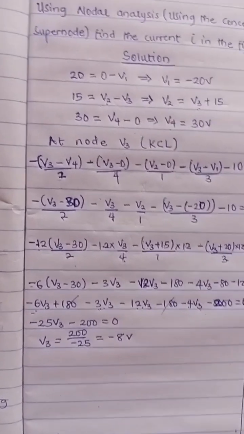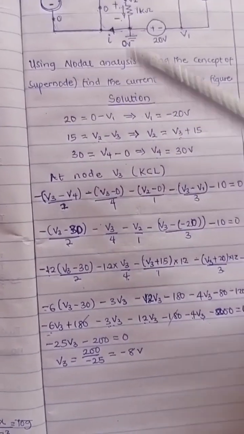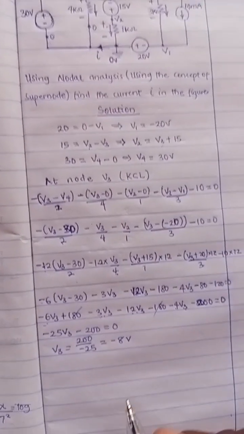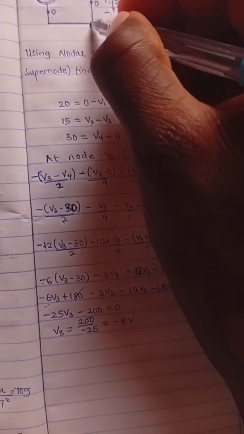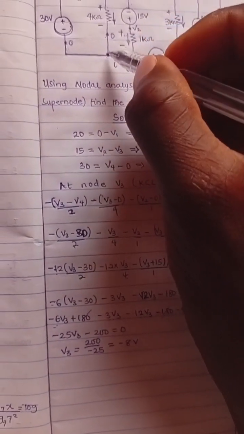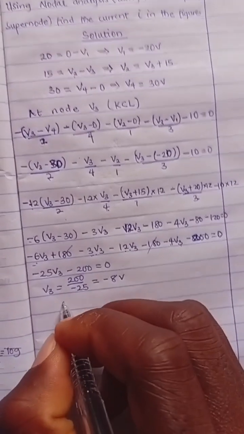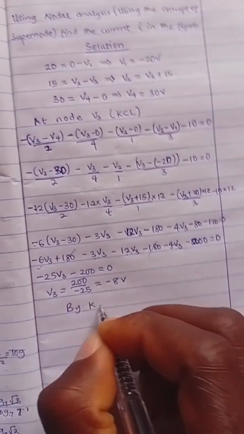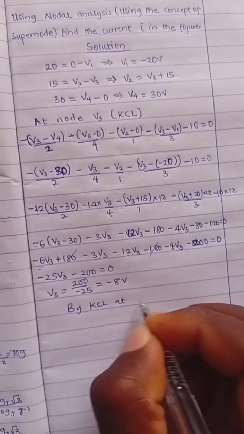So we've gotten our v3. So from v3 we can now easily get the value of this current here. How do we find the value of that current? We apply Kirchhoff's current law at this node. By KCL at the ground node,